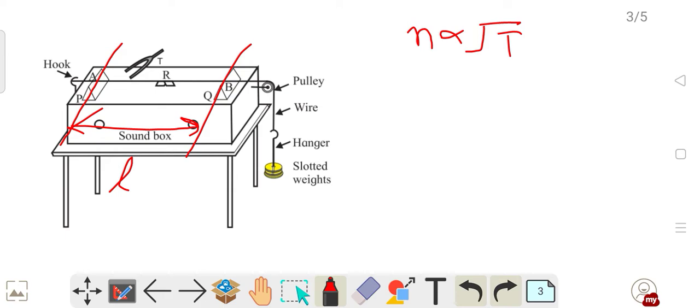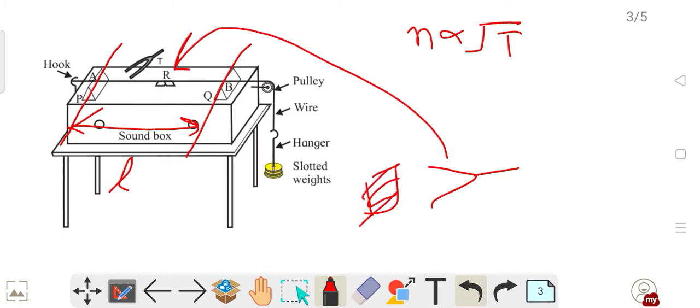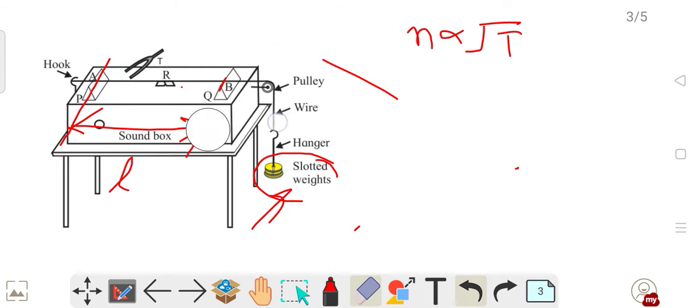Okay, now if tensions were kept on changing, and the tuning fork frequency, I was doing the same thing. What I was doing, I was just striking the tuning fork on a cotton pad and then bringing this in contact with the wire. And by changing the tension I was trying to match the frequency of the wire with the tuning fork frequency. So in this case I was not adjusting the length, rather I was adjusting the tension. So I kept this and I kept taking measurements.